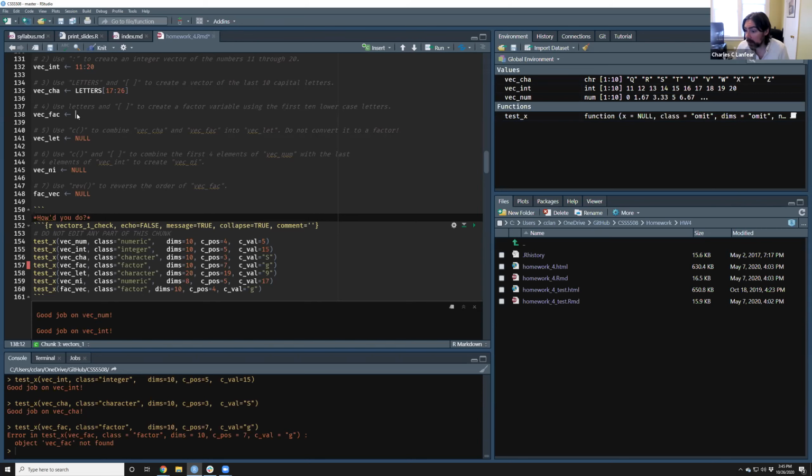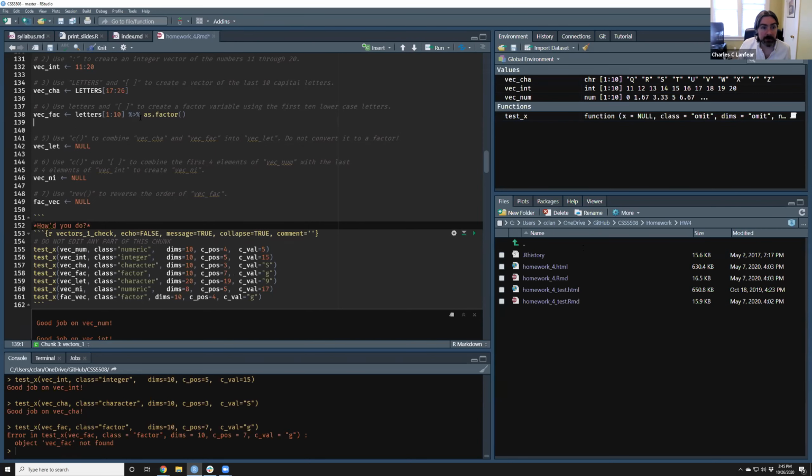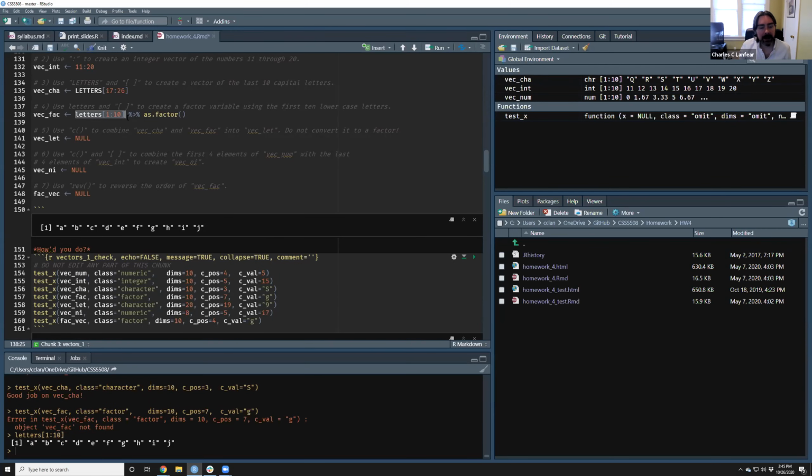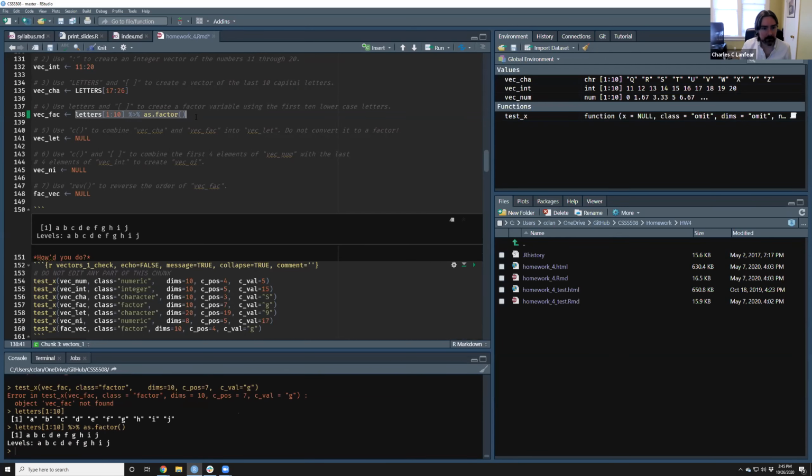That's one way to do it if we wanted to pipe it, and that's the exact other way to do it if we want to do it as a nested statement. So I'll show you that both work. So I can straight copy this right out of chat. So this would be a way to do it with a pipe. I'll first show you, get the first 10 letters, A through J, and this says take all those letters and then make them a factor. So if I run this, I'm going to get a factor. It's the same data, but now it looks like that factor way with levels and stuff. And this would give you the correct answer.